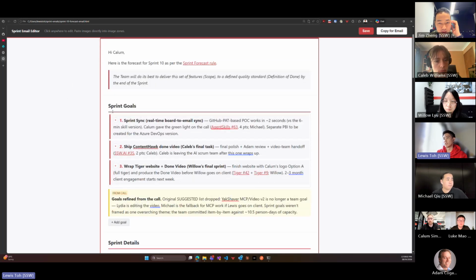So the first one is the sprint sync, which is basically this email that takes in the GitHub issues, but at the moment it takes quite a while with the skills. So we want to have a sync button on the top here that will automatically do that job in a much quicker time. Michael has a POC up that reduces it down from around 6 minutes with the skill to around a few seconds with the button. So that'll be a great step in making it less of a blocker when people are trying to use the skill.